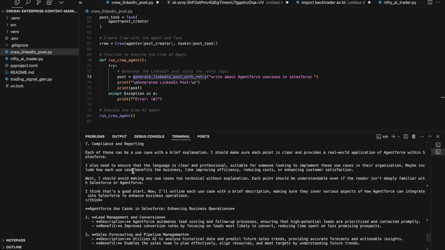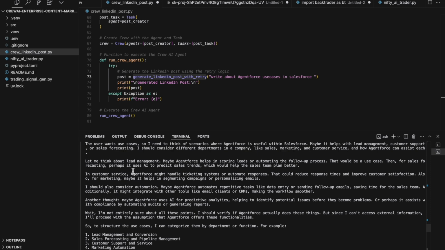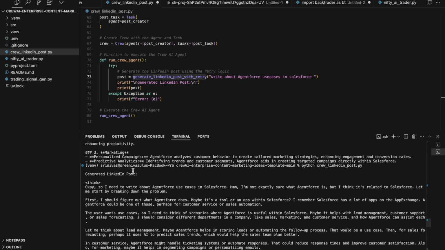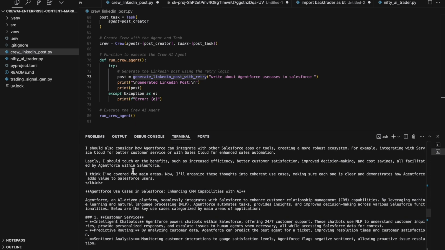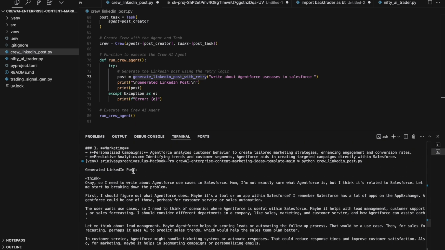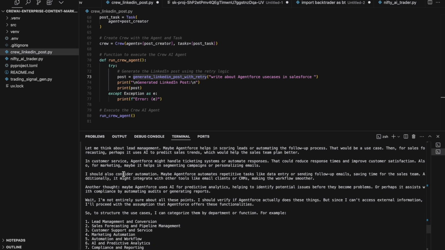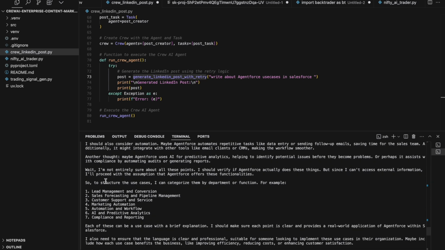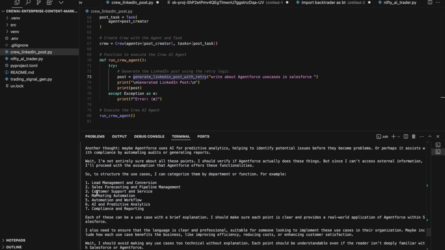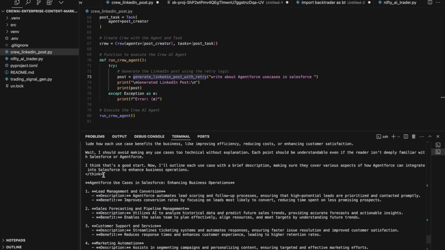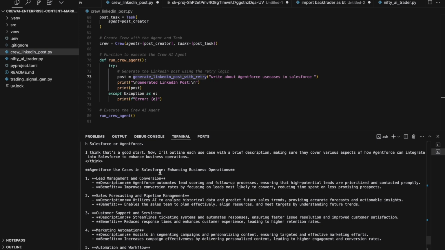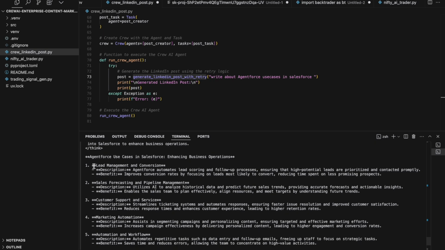When I run this prompt, it gave a beautiful LinkedIn post. If I look here, it did something in the background and generated the post. It gave lead management and conversion, sales forecasting, and pipeline management. So these are the things we can do using Agentforce in Salesforce. With the details, agent use cases in Salesforce, enhancing business operations, with each title and description and benefits, it gave